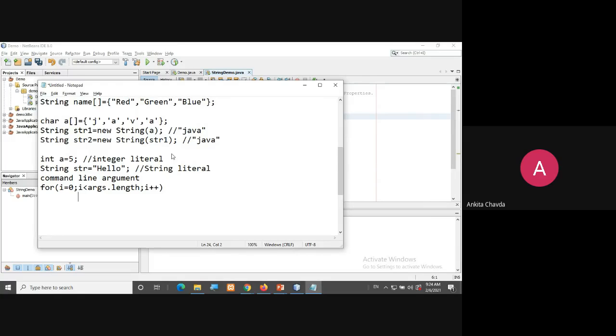This is what you were writing. So this length that you are using is with the array. And here what I'm using is string dot length. And after that the parenthesis is important. So this is the built-in function which I am using with string. I hope this is clear.